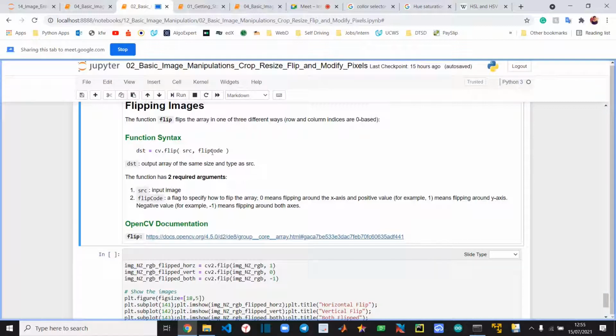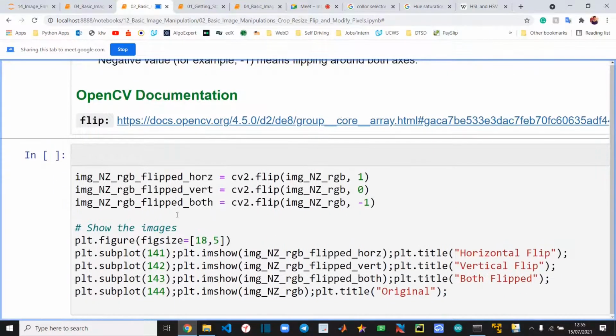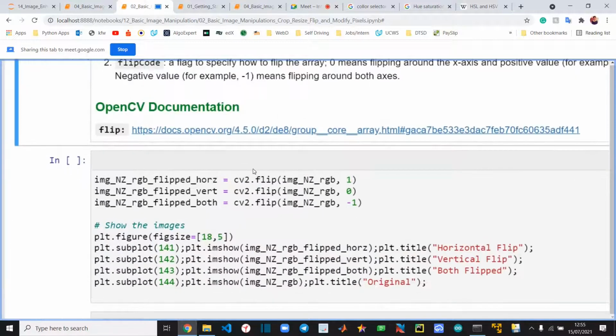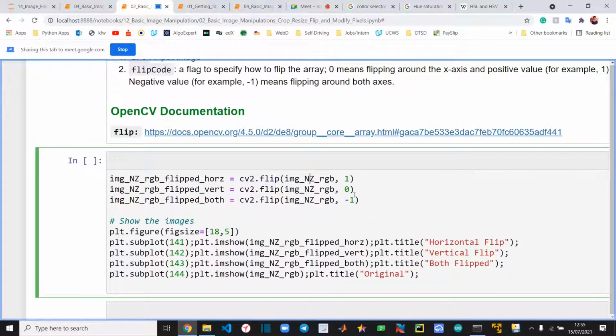Now we can flip the images. You can imagine this flipping of the images as you doing various matrix operations. You are not changing the image exactly. You are not changing the pixel values, but you are changing the locations of those pixels, like you are doing a transpose, or multiple operations of that sort, but not changing the pixel values. So how you can do that is, you can use this cv2.flip method, and in this